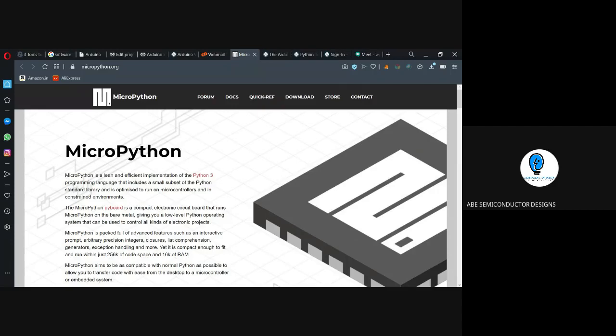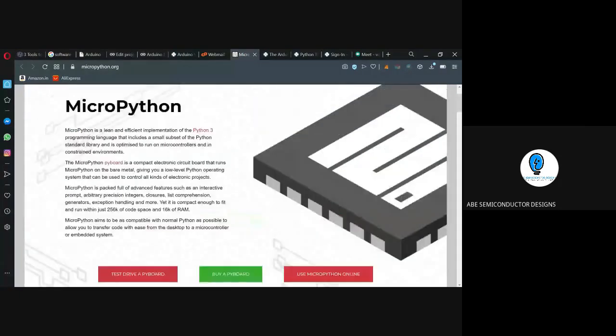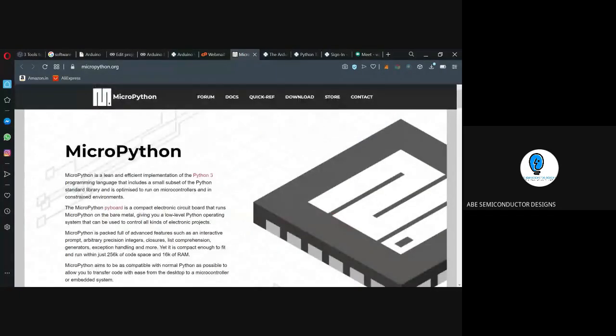So MicroPython can be supported. Python can be supported. It supports Python 3. These are all the boards which come into the specific application. So I'll list out some of the boards compatible with your Arduino. First is your NodeMCU. This can be done with the help of MicroPython and it can run on the Arduino platform, NodeMCU. It can support C also. But today, in the scenario of Python, we just integrate MicroPython on NodeMCU to run the show.